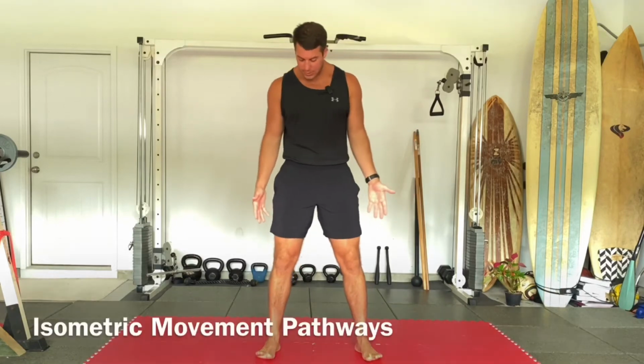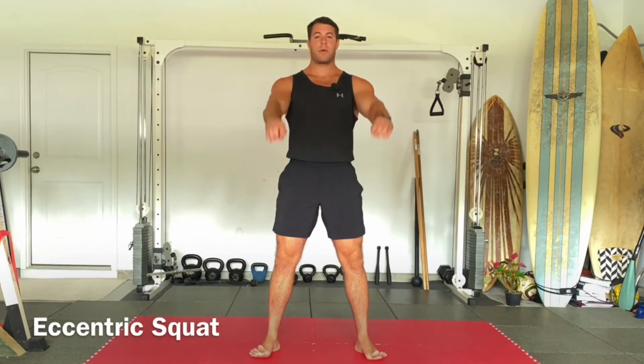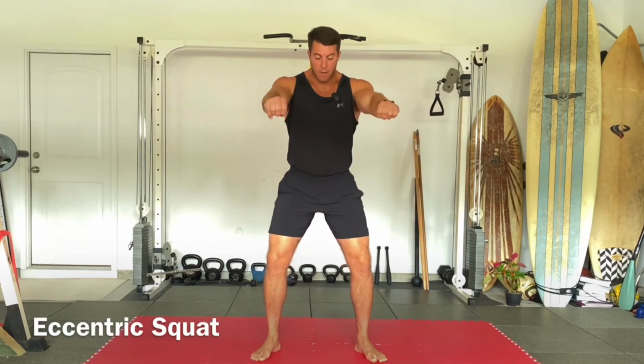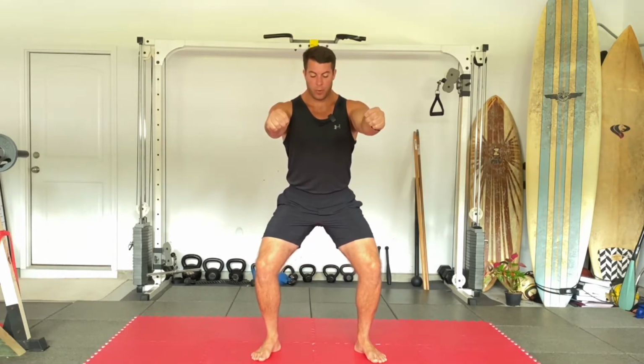Here in a standing position, my knees will go out over my toes. What I'm going to do is bring my arms out in front to counteract the balance. So what we're going to do is focus on everything being nice and tight as you pull yourself into a